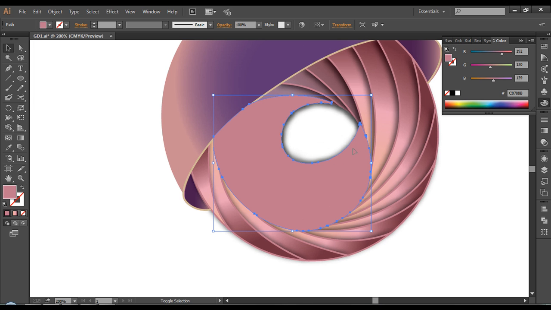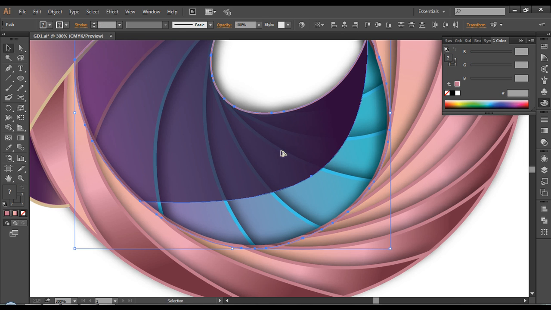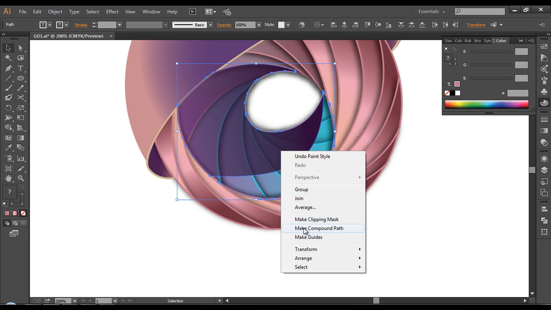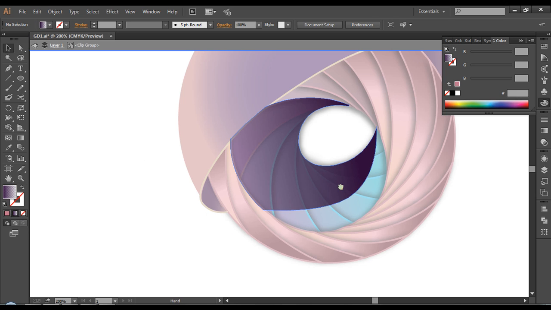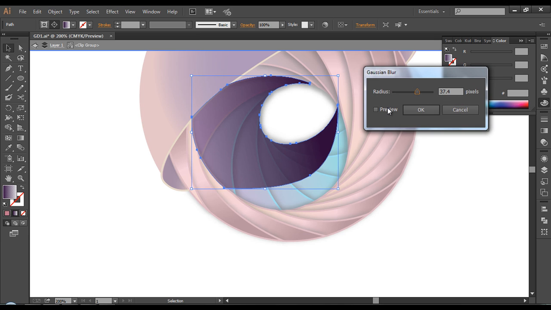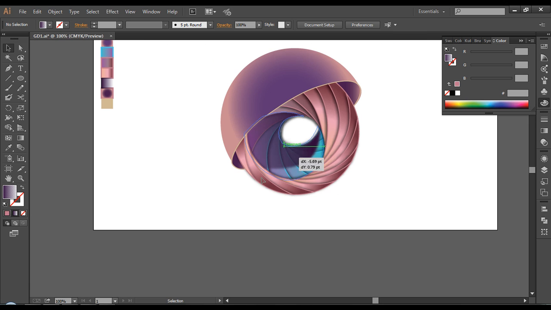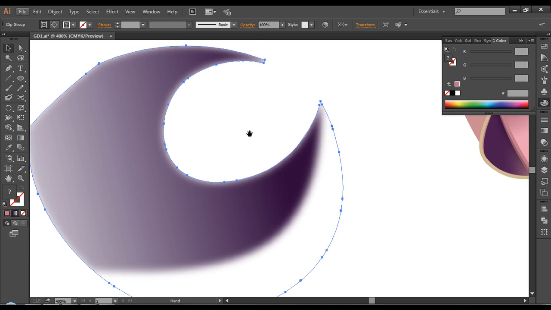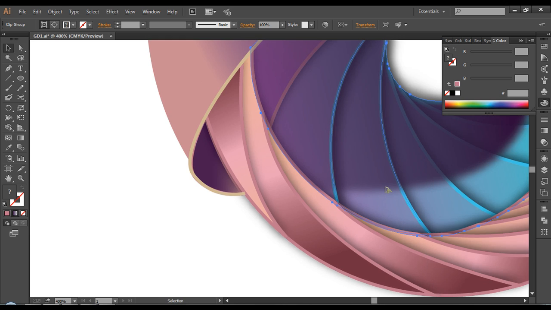and I'll remove the fill color for a while and select this too, and let's make a clipping mask. So now if I go inside this clipping mask and select this and go to Effect, Blur, Gaussian Blur, and apply some blur effect here. Let's reduce it a little bit, increase it. Okay, and if I come outside, you can see we got a nice clean cut here, and the blur effect is not outside, so you'll get the design very clean and you have given that nice effect.